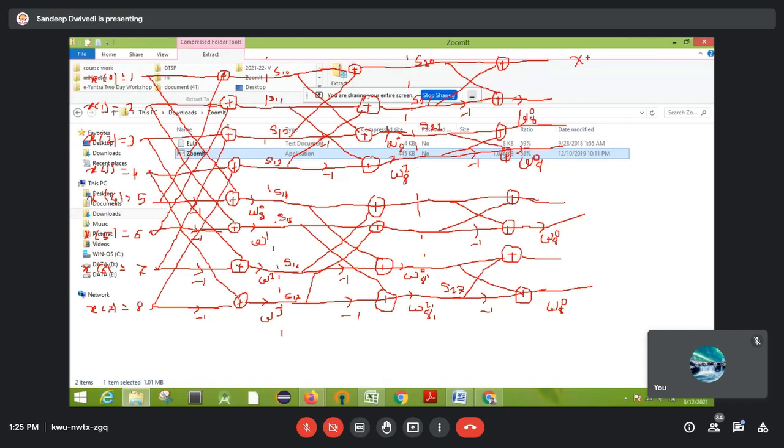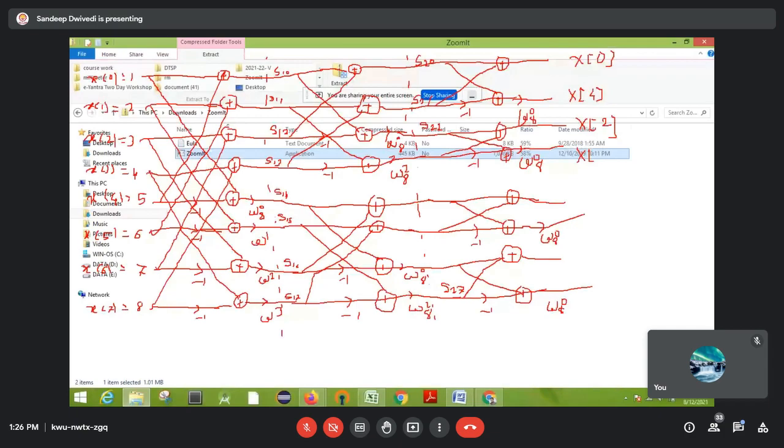That is, x of 0, meaning in the even sequence the first answer you get will be x of 0. Then before x of 2 you need to write x of 4, so like this you write x of 4, then x of 2, and then x of 6. So the sequence will be x of 0, x of 4, x of 2, and finally x of 6.